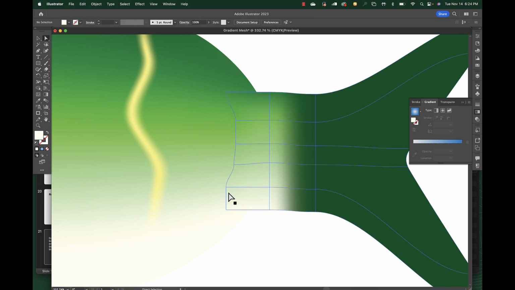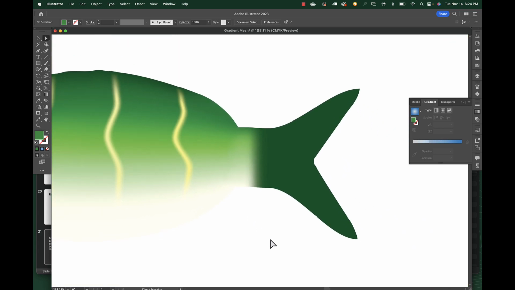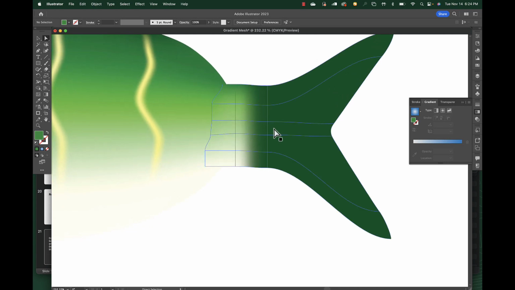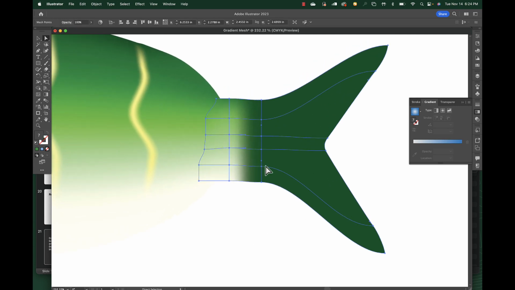Okay, so look at how I can see the shape here, but now when I'm off of this, they're pretty much blending in. This one could use a little bit more work, but the other thing is maybe just pull it a little bit closer to that edge. So then when I'm grabbing this color and sampling from there, there's less of a, yep, now it just blends right into that color. And then I can go back in here and obviously control what I want to do from here. So if I want to grab these color values and sample from here, right, then I'm pulling that in. And if I grab this one,